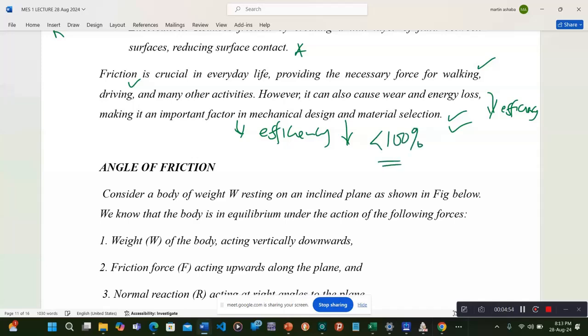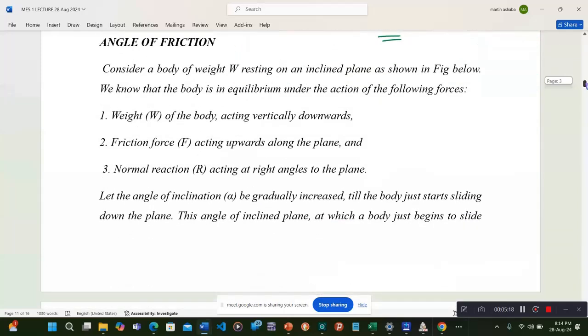So there could be other factors, but friction is one of them, because the more it is there in the moving parts, it causes wear, it causes energy loss. It can even result in breakdown of the machine, and therefore it is an important component in mechanical or machine design and material selection. So having looked at that,